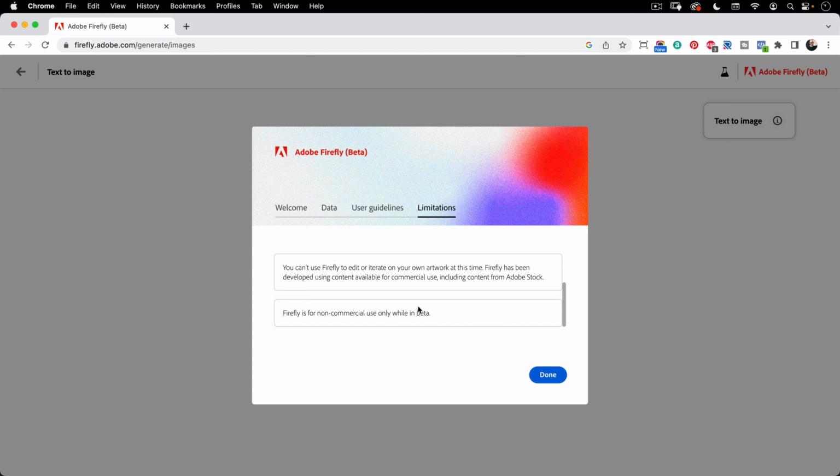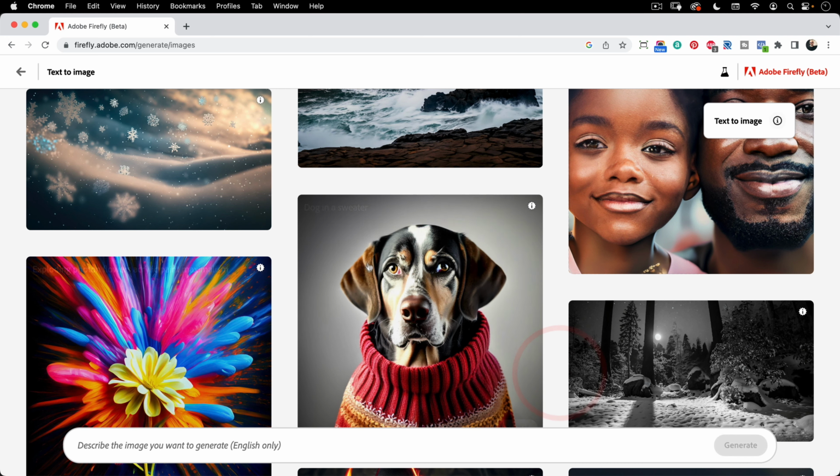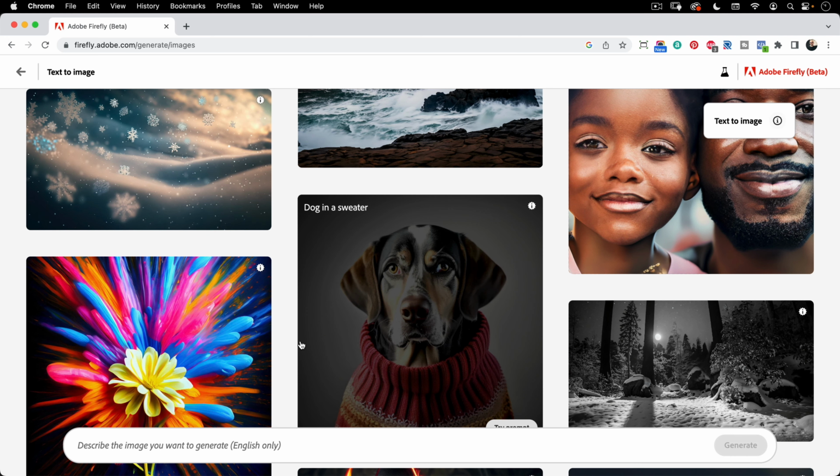Now, what that means is you cannot use the artwork for advertising or doing something where you're selling or creating packaging or what have you. You obviously can post the images to social media or use them for training purposes. Okay, so having done all that,